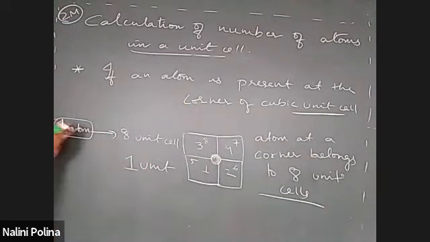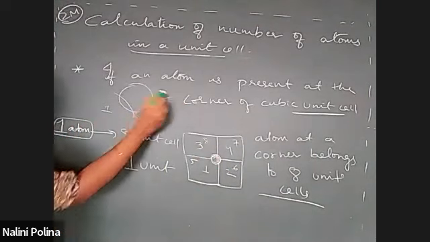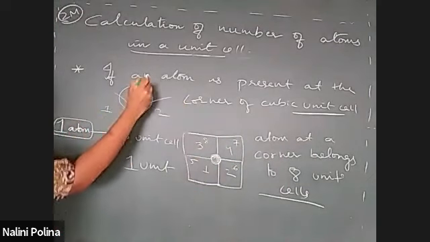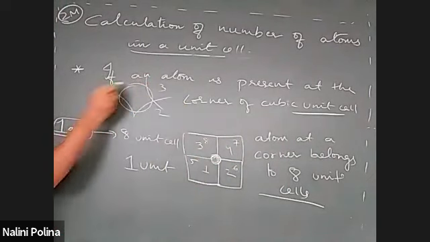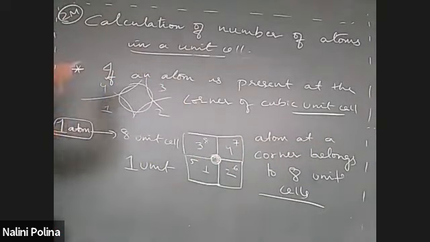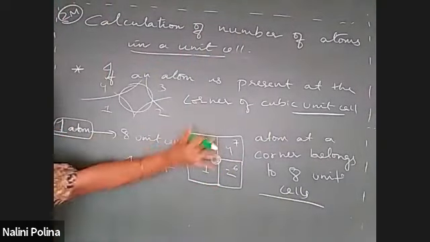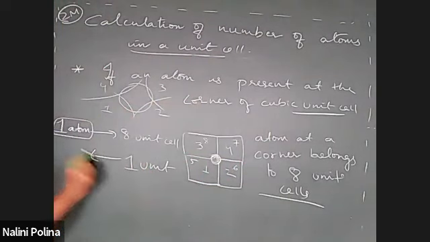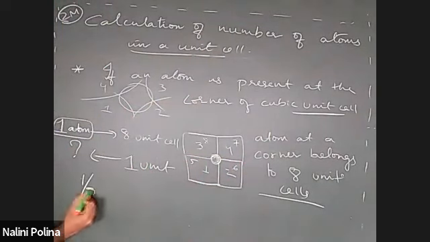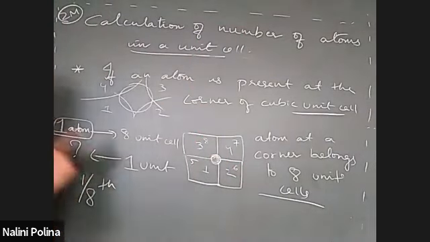Okay, say an atom is here, some fraction of atom belongs to first unit cell, some fraction of atom belongs to second unit cell, some fraction of atom belongs to third unit cell, and some fraction belongs to fourth, and there are 4 more fractions that belong to 4 other unit cells present above. Right? So one atom completely belongs to 8 unit cells. So for one unit cell, how much fraction does it belong? It is 1/8 fraction. Right? So contribution of corner atom to each unit cell is 1/8.